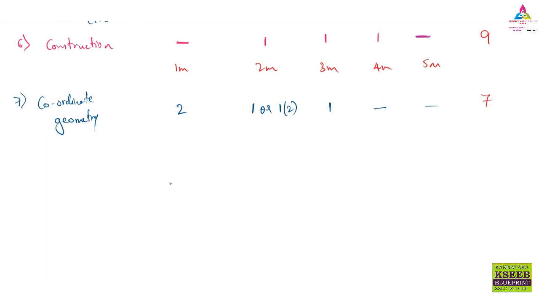The 7th chapter is over. Now we will move on to the 8th chapter. According to our textbook, the 8th chapter is real numbers. But good news, you don't have this real numbers chapter this year. So neglect this 8th chapter. Then we will go directly to the 9th chapter. The 9th chapter name is polynomials. Again, polynomials is not there for this year, 2020 and 2021. So leave that 9th chapter also. None of the questions will come from the 9th chapter.